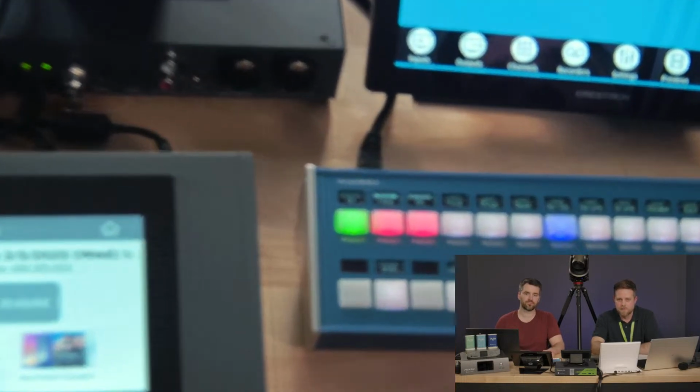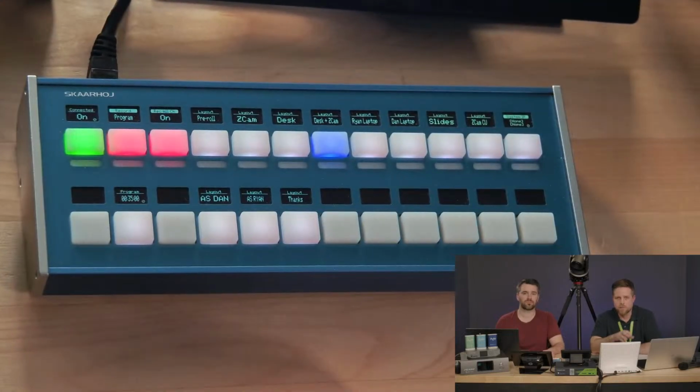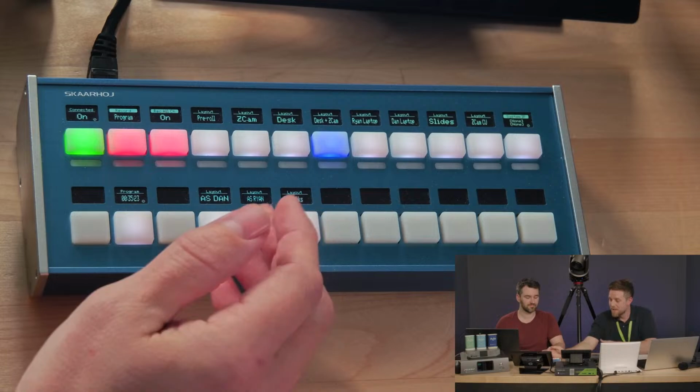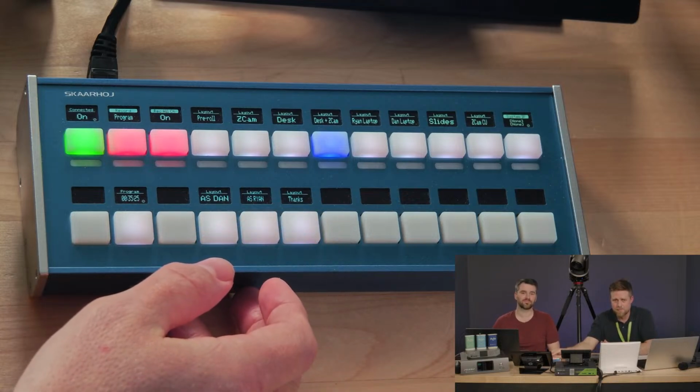So you guys might have noticed this really cool controller we have down here. This is a Scarhoy controller, and this is a Danish company that produces some really high-end control systems, especially useful for production and live events. We see a lot of live event folks who want to be able to do switching, who want to be able to trigger their streams on one or maybe even multiple Pearl devices simultaneously. We actually have this configured right now for the Pearl that's producing this webinar.